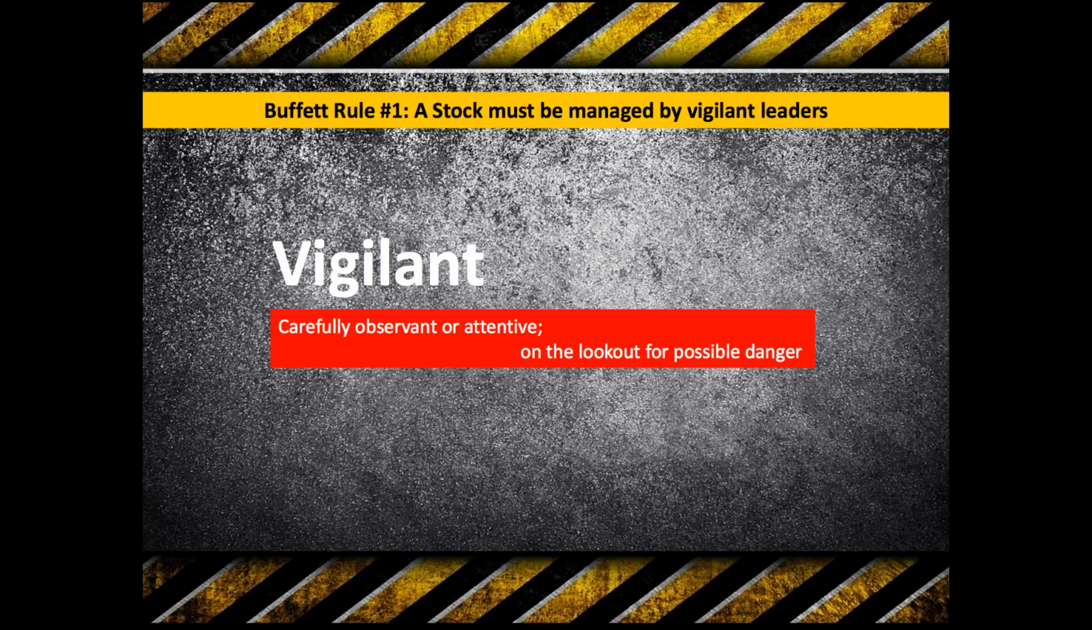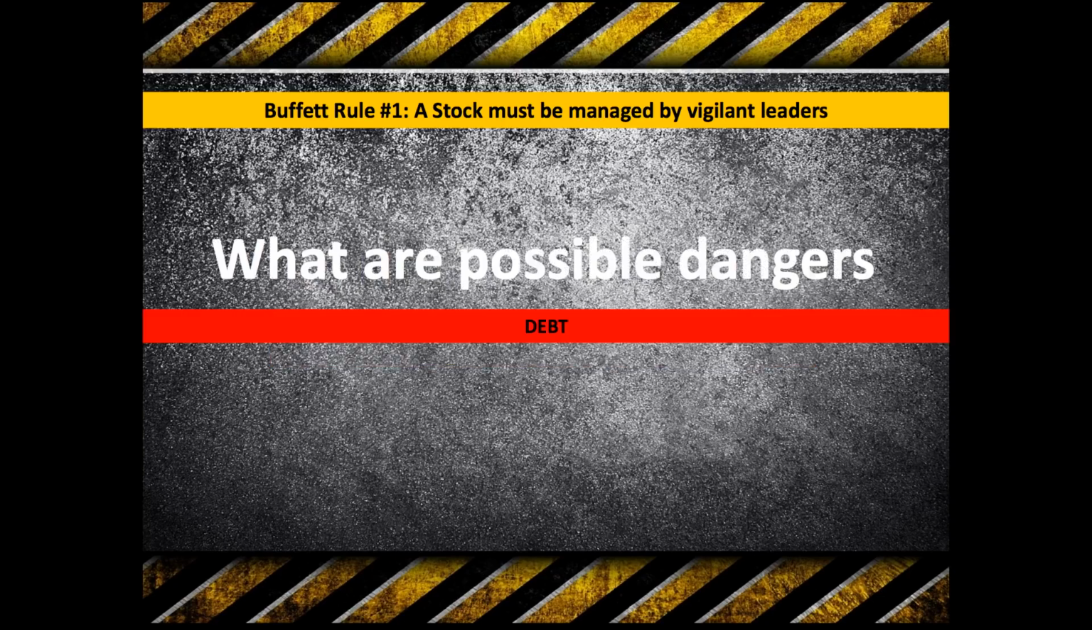So if you have a company that's managed by a person who's vigilant, that person's constantly looking for what could go wrong with the business, and that person's protecting the business from those potential dangers. So what are the potential dangers when you're managing or running a company? And as an owner of a company, which you would be as a stockholder, the thing you've got to really watch out for is debt. So that's what we're really going to be talking about in this lesson as we talk about Warren Buffett's first